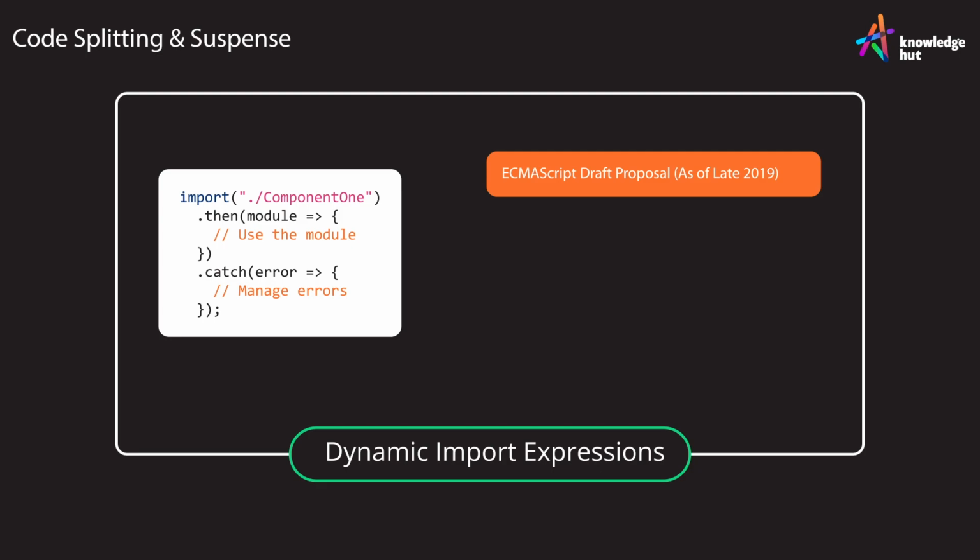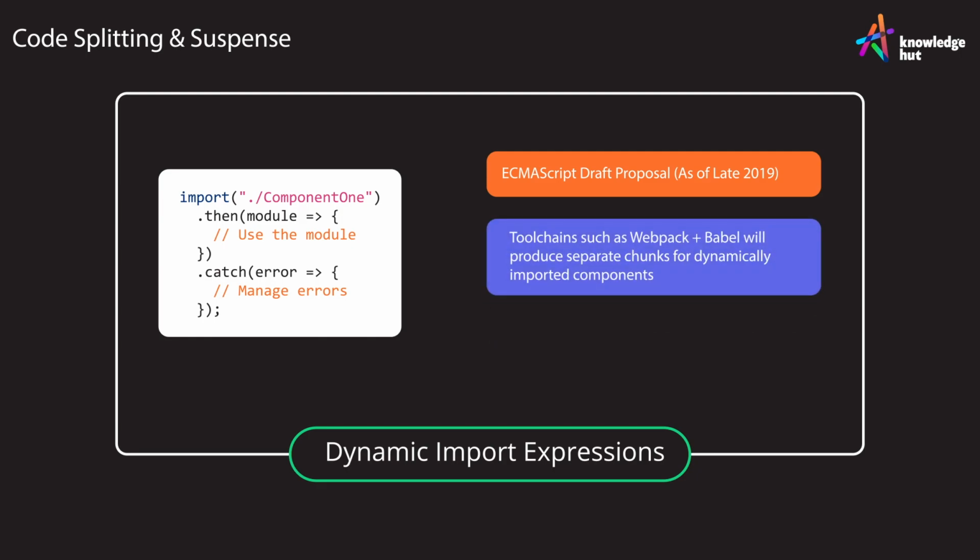Module bundlers and compilers like Webpack and Babel, which also form part of the toolchain when using Create React App, offer support for dynamic import. When a module is imported using the import expression, Webpack will not fold its code into a common bundle, but will produce an extra file or chunk which will be loaded only when needed. This means your initial bundle size won't be as big because a lot of code will be loaded on demand